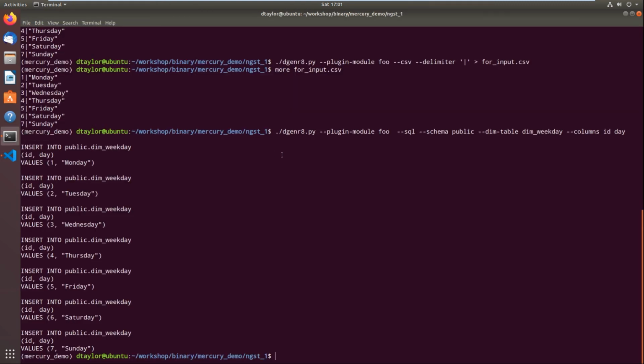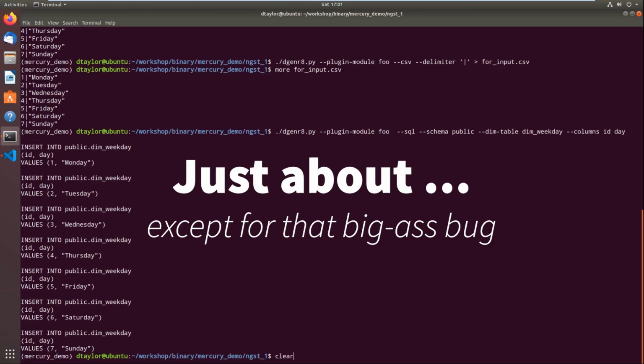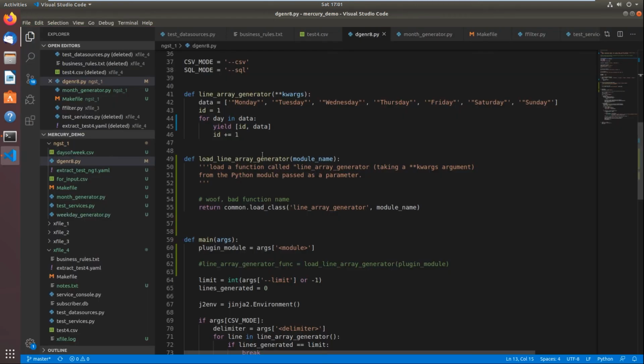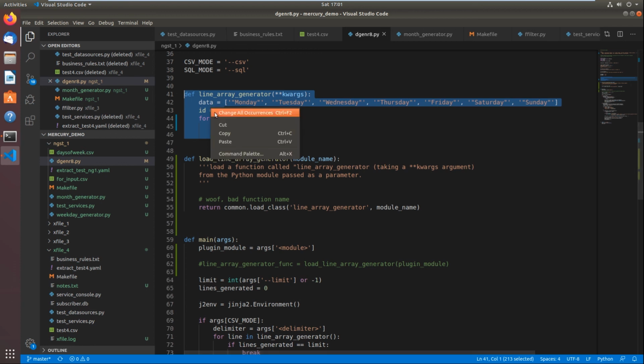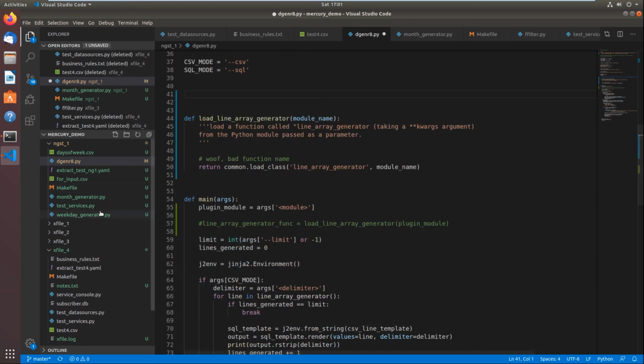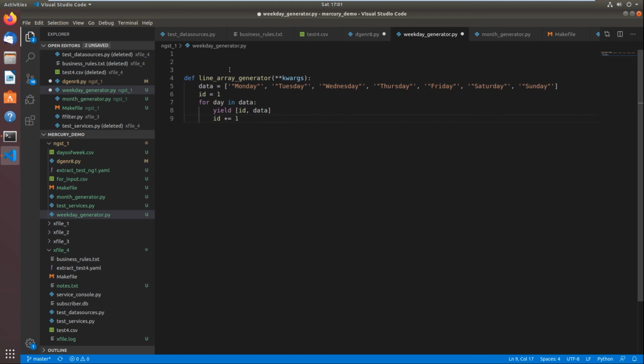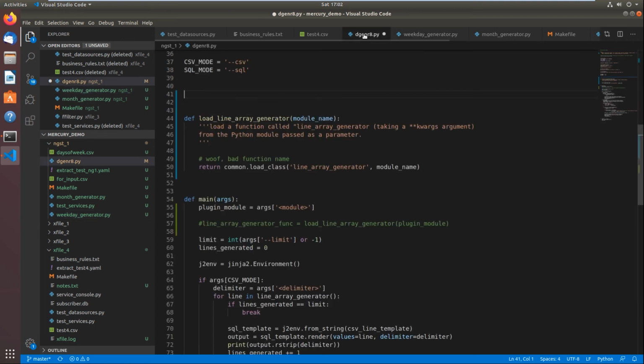So for example, I think I actually just about got it done. Let's see. So let's do touch weekday generator dot py, okay? And then we say cut, and then we say weekday generator. So that's it. All right. So now, okay,